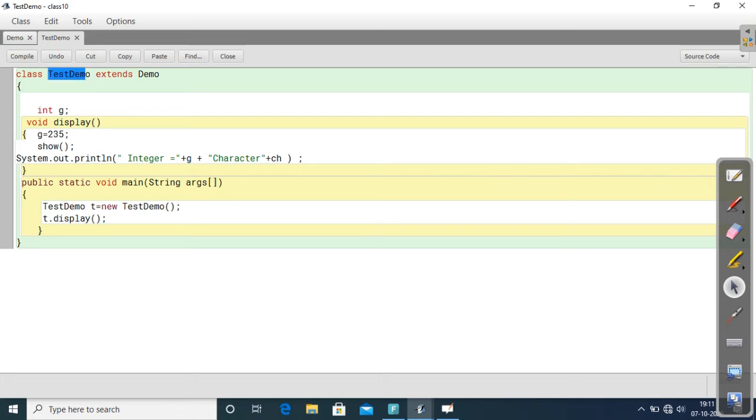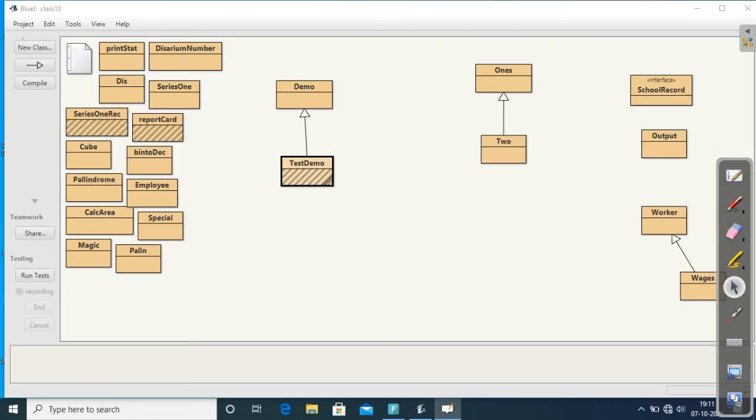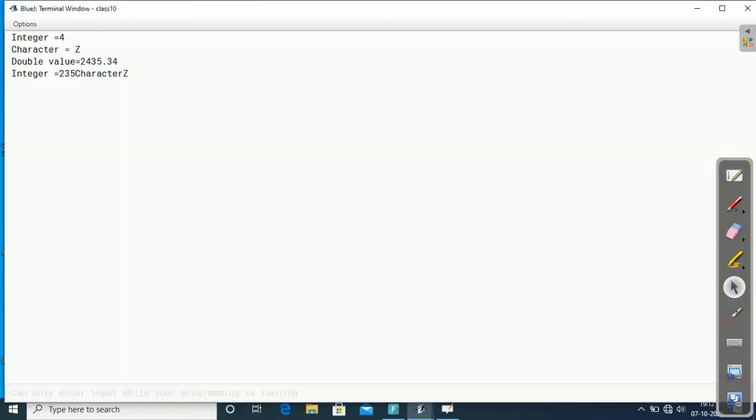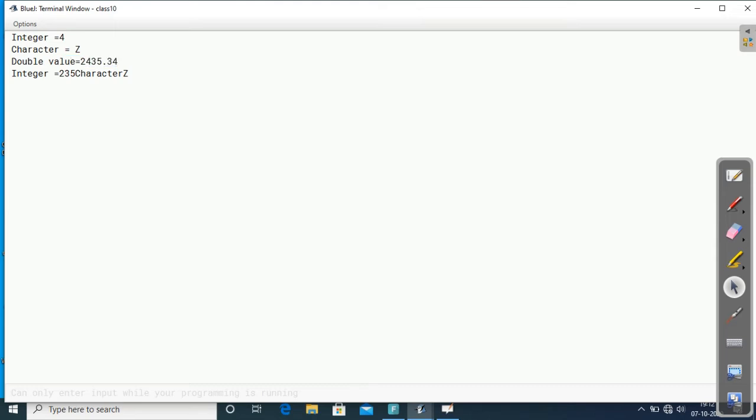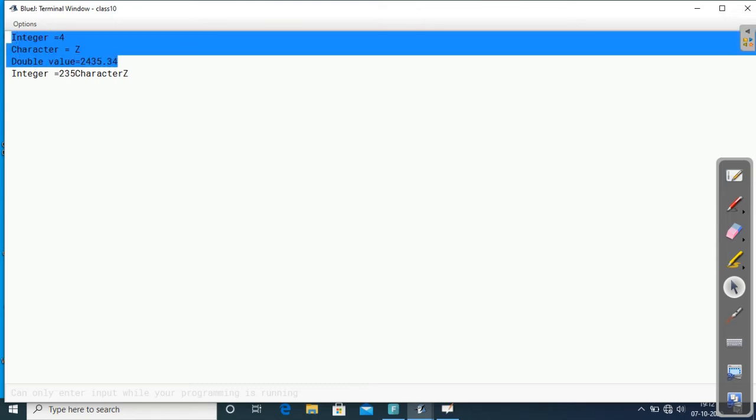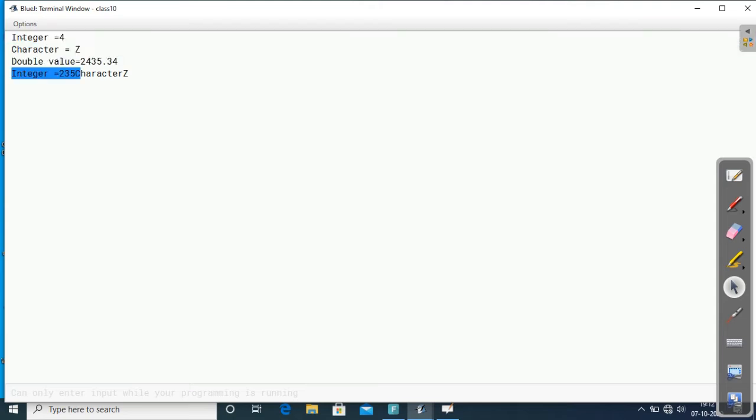In the main method, I am creating an object for the child class test demo and calling the display method, because inside display the show method is there. So we can see what the output is. Yes, we will get the value integer 4, character, and the double value. Actually, these three belong to which class?